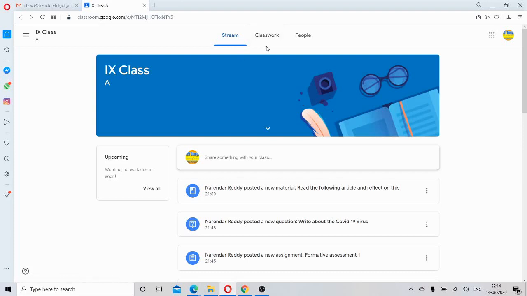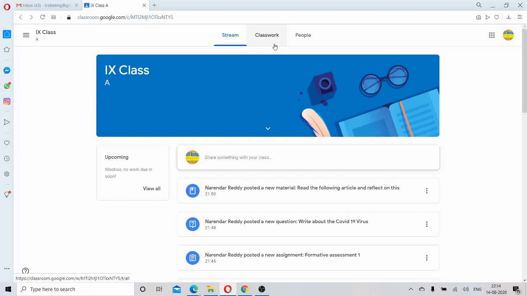This is a free app. Almost all the Google apps are free apps. We need not pay for them, so we can use it anywhere, and we can modify it as per our wish. That's why we can call it an open resource.